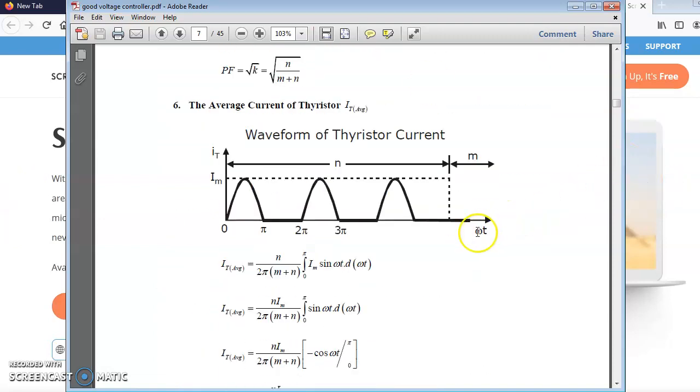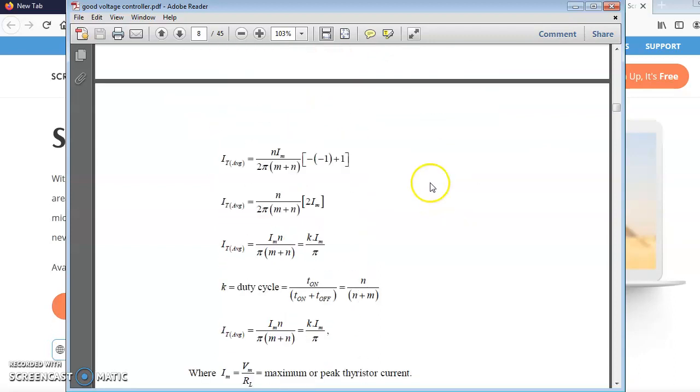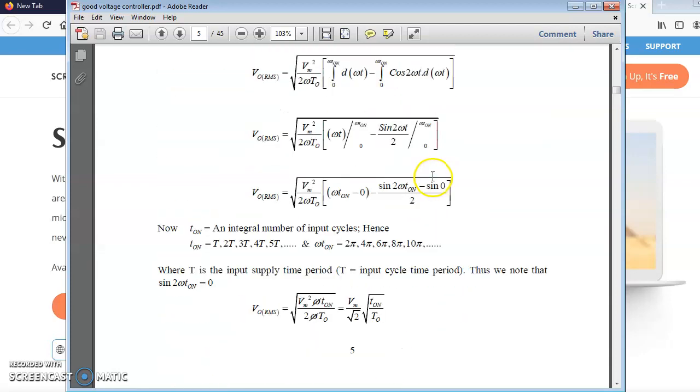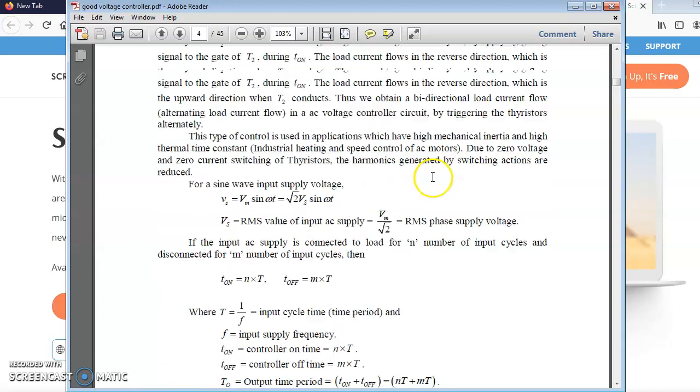So this is the nature of the output waveform we will get for the N cycles when the thyristor is on. This will be the waveform of the thyristor current. Now if we see the parameter analysis,